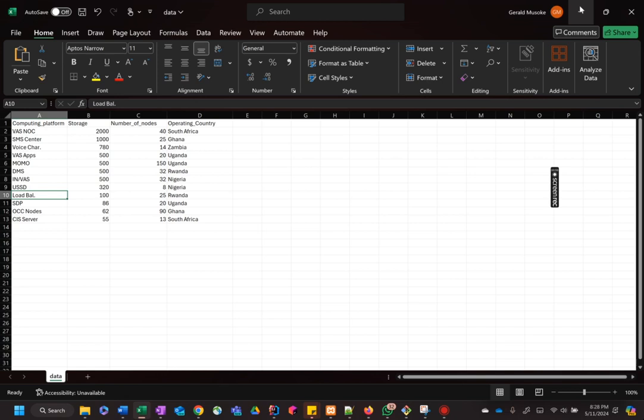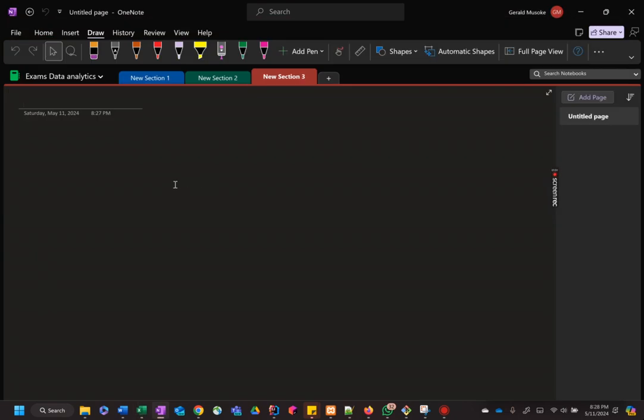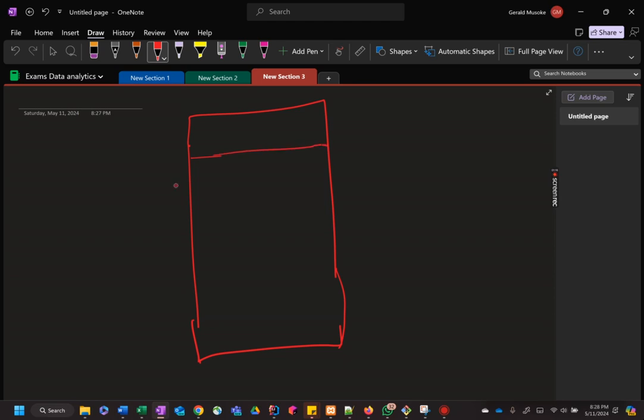the computing platform. So after we have our data set, we need to come up with a plan on how we are going to display our data. And here we are adopting this plan. We are saying that our page is going to be presented on an index page, which is going to have a certain kind of header and a footer. So below, this is going to be the footer, and then we are going to have